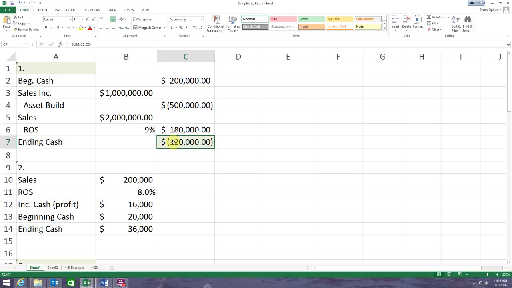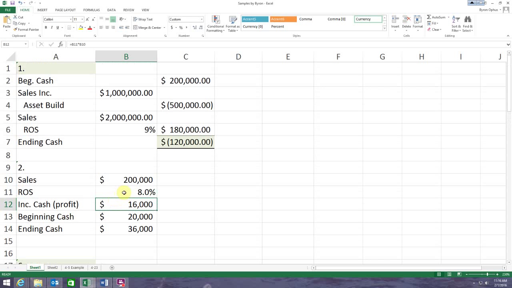His clothing firm will enjoy a 12% return on total sales, and he will start the year with $150,000 in the bank. What will Philip's ending cash balance be? So again, I did something similar, and I just said I'm going to have $200,000, and I'm going to add to my cash position. This one's actually easier than number one, right? But I'm going to add to my cash position based on the profit that I make, and I'm using it